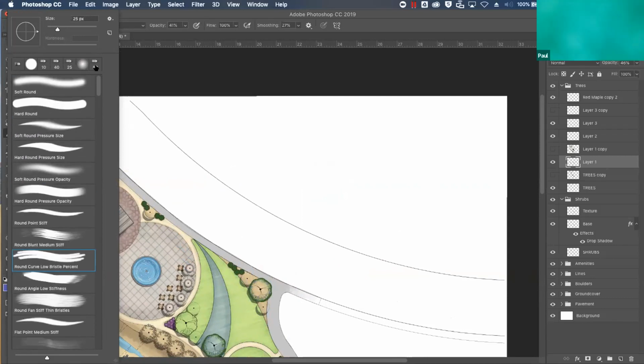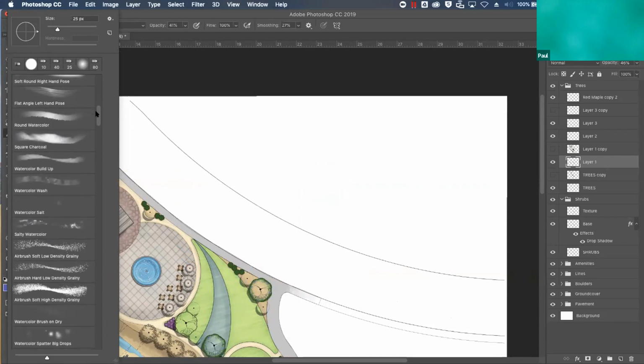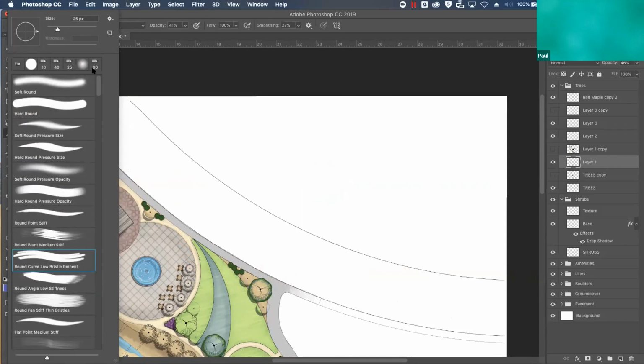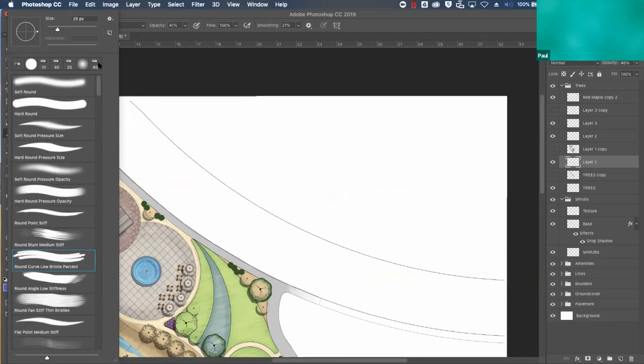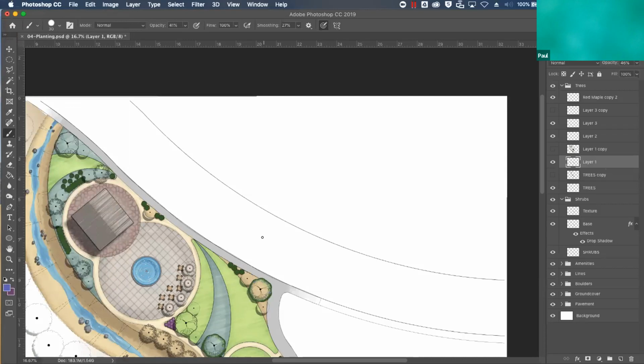Yeah, so I believe that all the brushes I use come with Photoshop. I do have brushes that I've downloaded, and they're fun, but the ones that I stuck to for this, I believe they're all sort of the vanilla brushes. And that's why they're so close to the top. But my favorite ones, when I'm doing line work or solid colors and such, this hard round pressure brush is just great. You can touch lightly and make these really smooth lines with different varying widths. It's like using an actual brush pen,